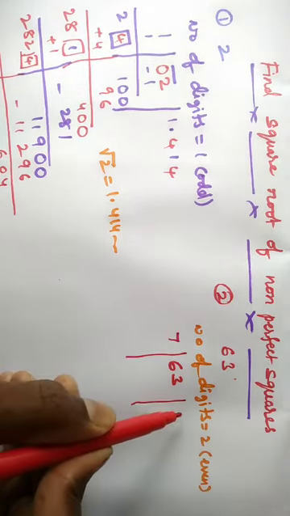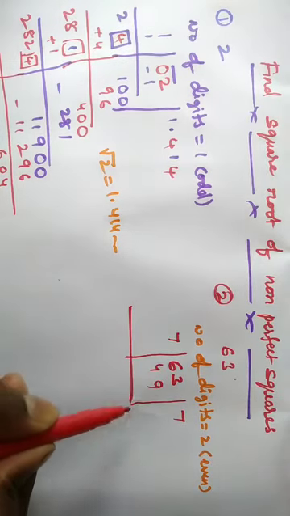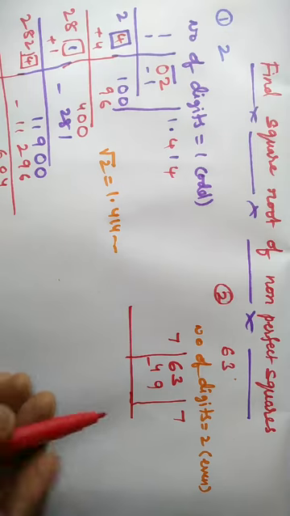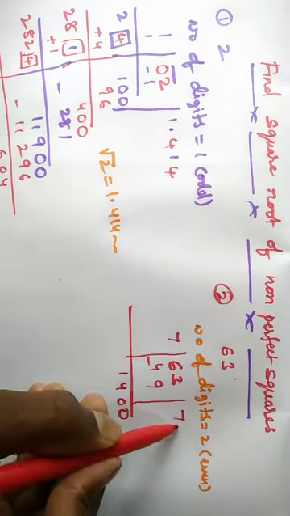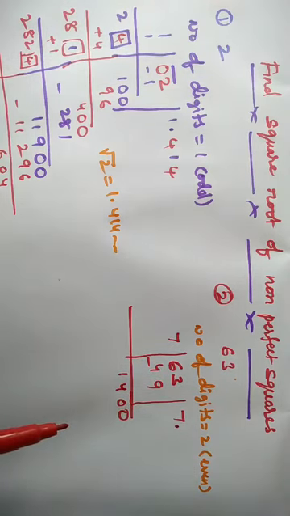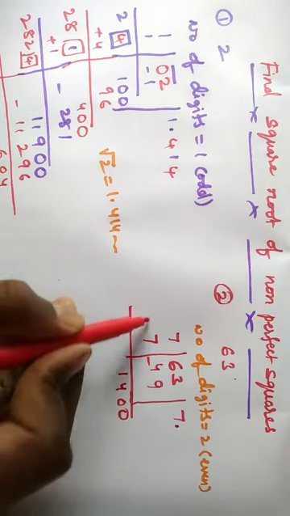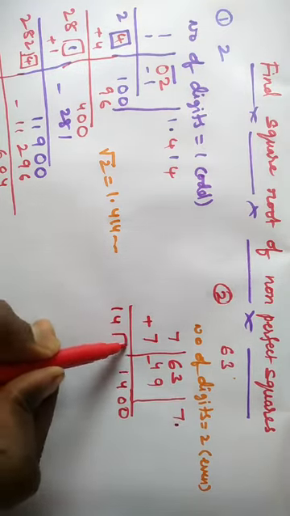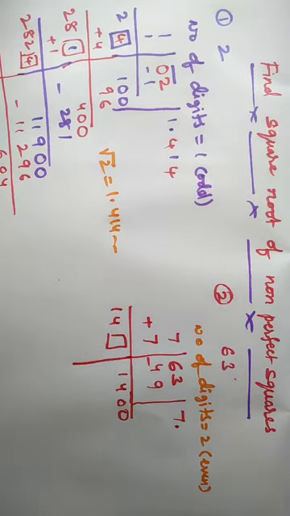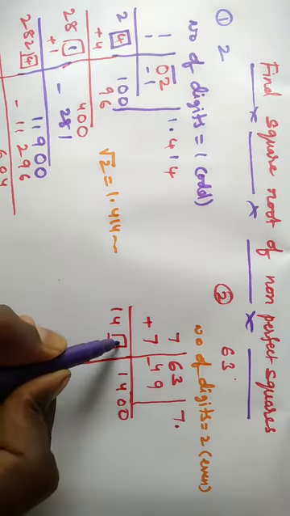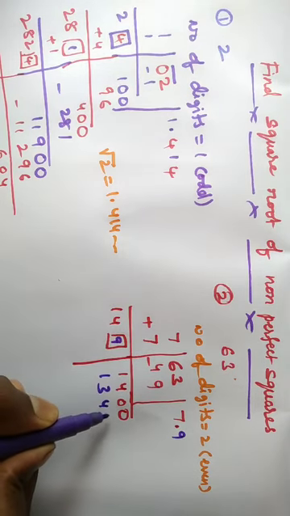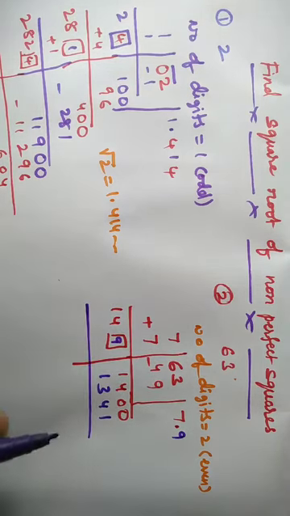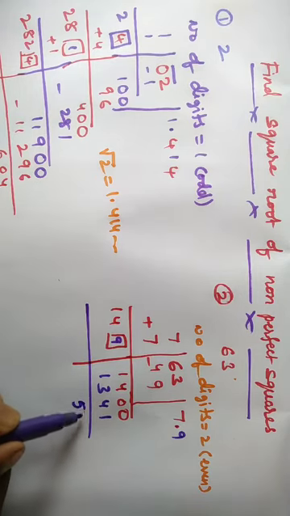Okay, now 7 sevens are 49. When we subtract this number from that, we get 14, and by placing the decimal point, we get 2 zeros, so 1400. By adding 7 to this one, we get 14. We have to leave place for one more digit. Now how many times can we take? 9s are: 149 9s are 1341. By subtracting this number here, we get 59.